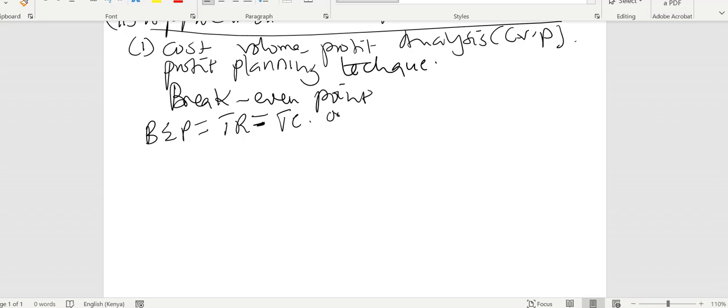Or what are we saying? Profit is equal to zero. Profit equals 0. Okay. Profit is equal to what? To 0. So you can't miss, if you go to an exam, actually, they are those what we call low